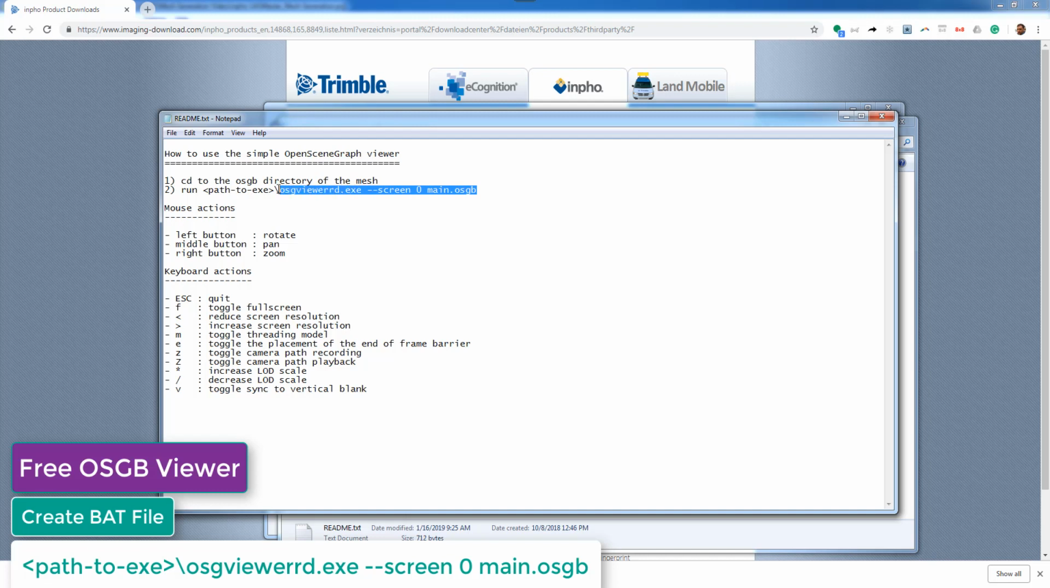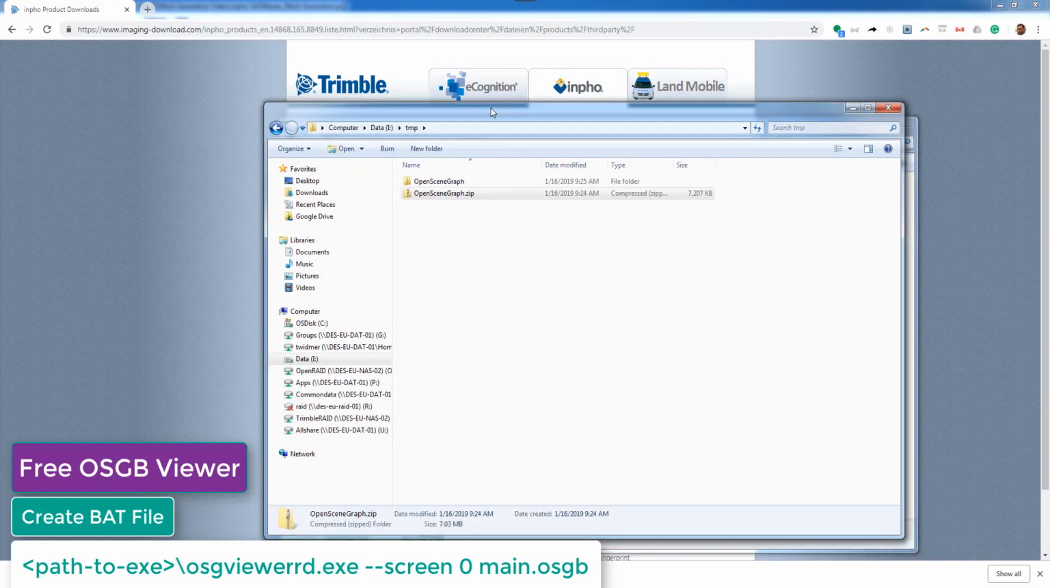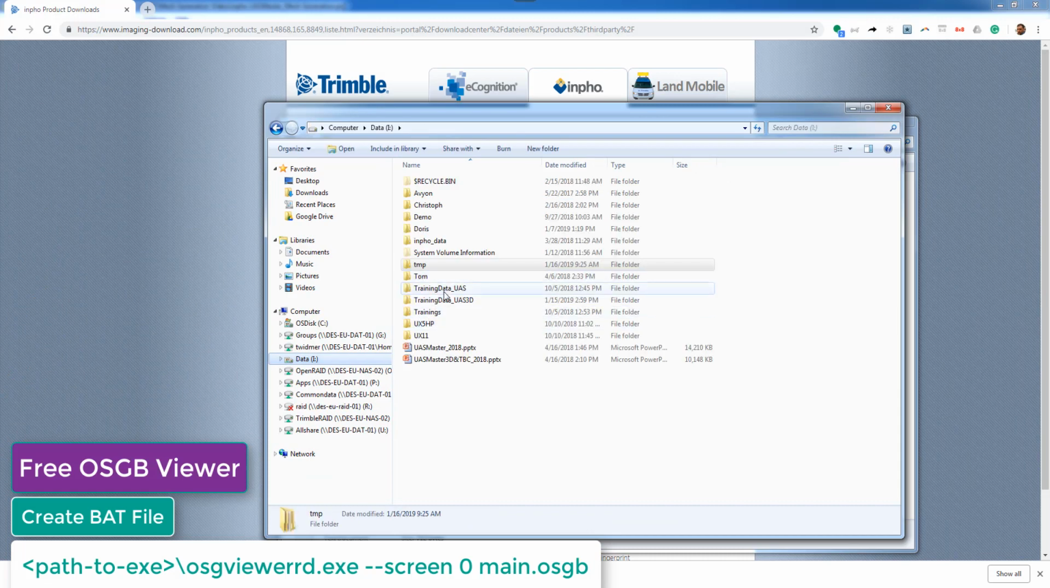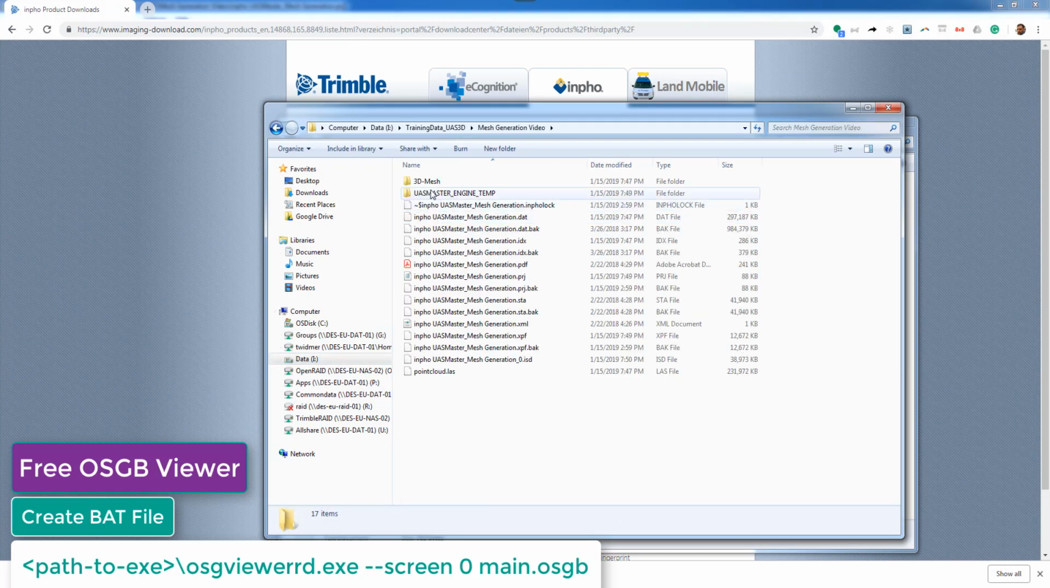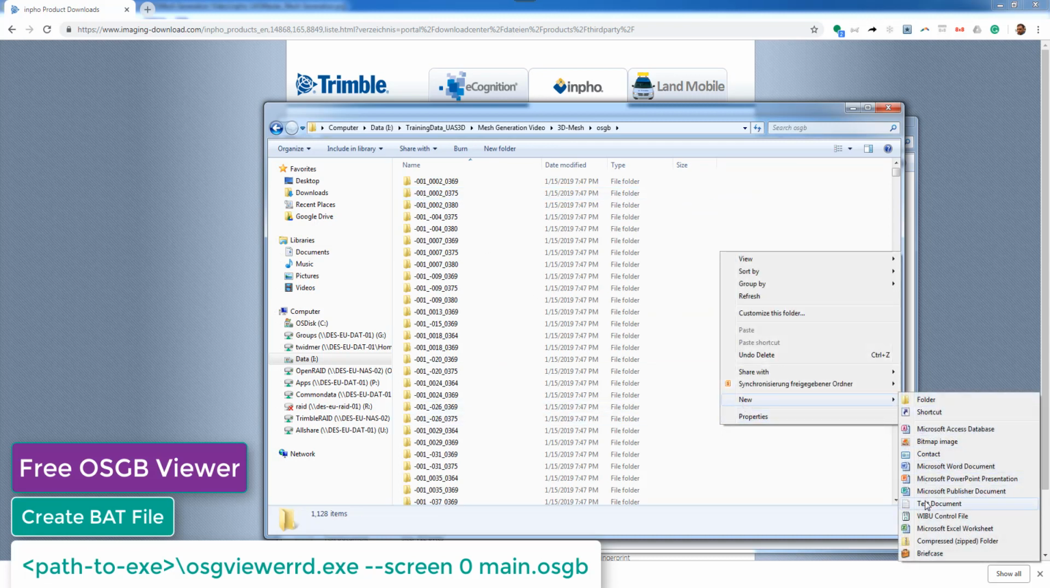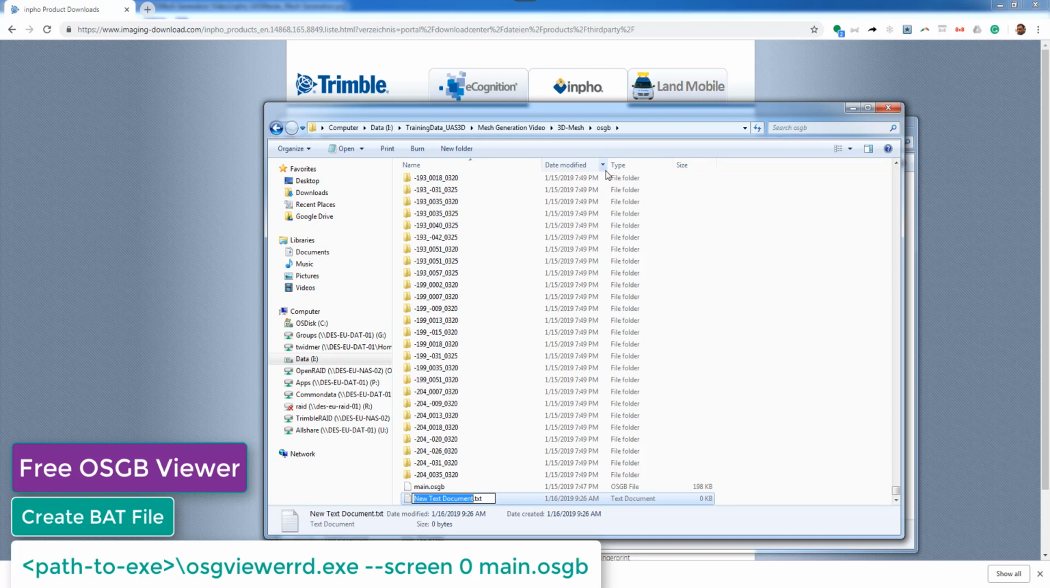So I will just copy this part here, say copy, then close this. I will go to my data, and in my data folder, let me see where it is. Oh, I closed it, I think. So here it is, mesh generation, 3D mesh, OSGB. I will create a new text file here, and I call this one video OpenSceneGraph, and then I will rename it to BAT,